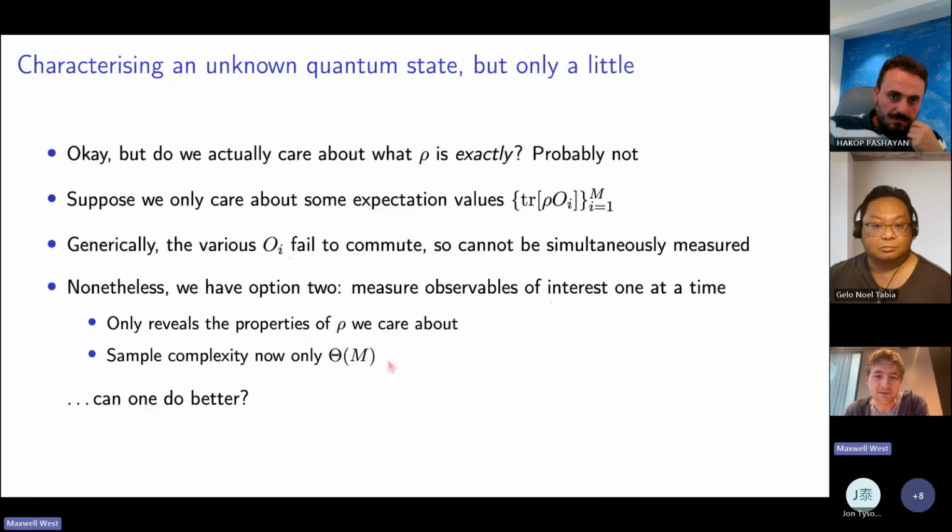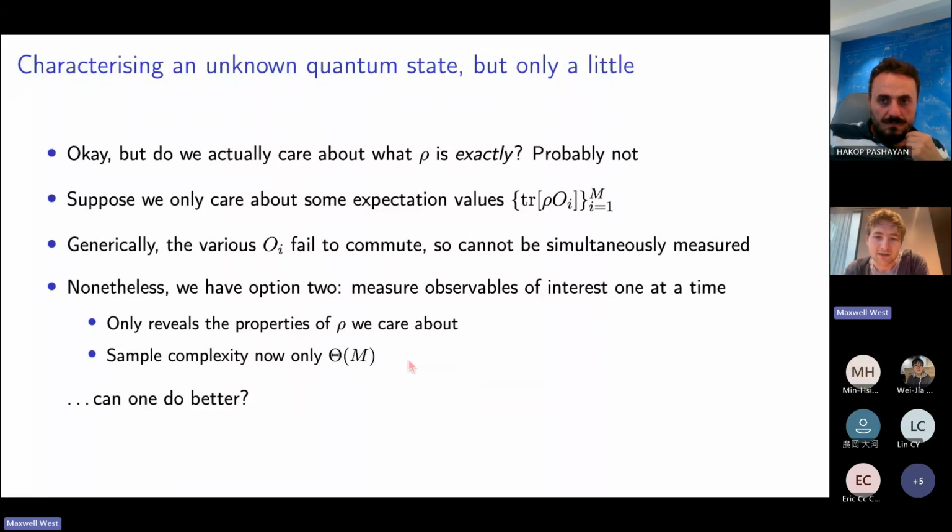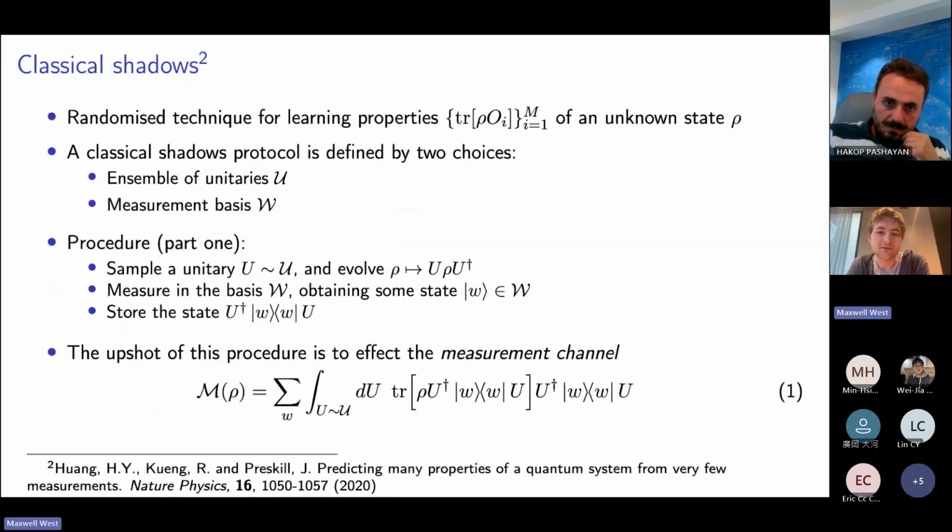But in some sense, this is kind of a sad way to live, right? Just measuring everything one at a time. And in particular, if you're doing this, we're somehow not learning about the stuff that we've already seen, right? Every time we get a new observable, we just measure it again. And so maybe one can do better. The big result of the theory of classical shadows is that one can actually do dramatically better and exponentially reduce the sample complexity with respect to the number of operators that you'd like to learn.